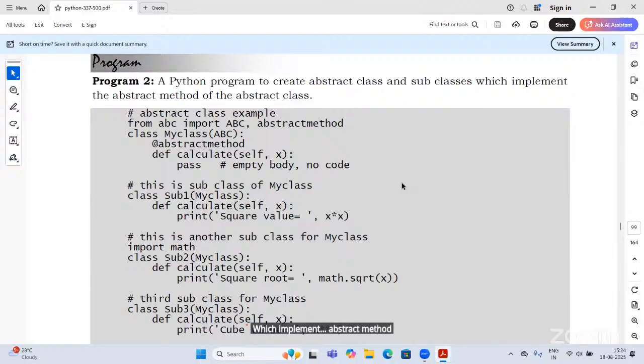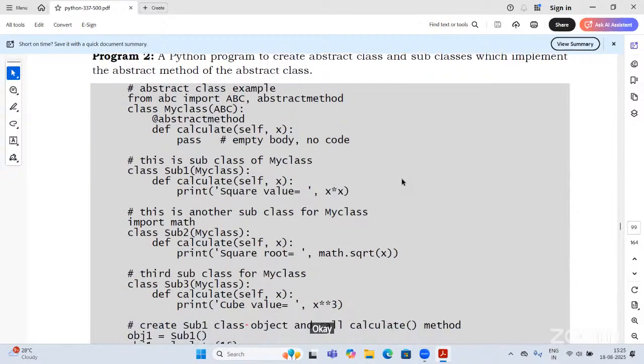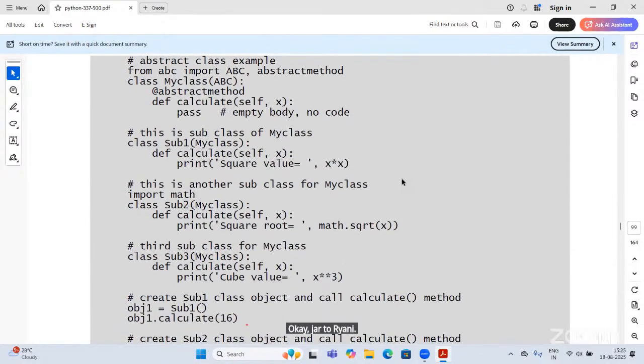Write carefully. Class abstract class example.